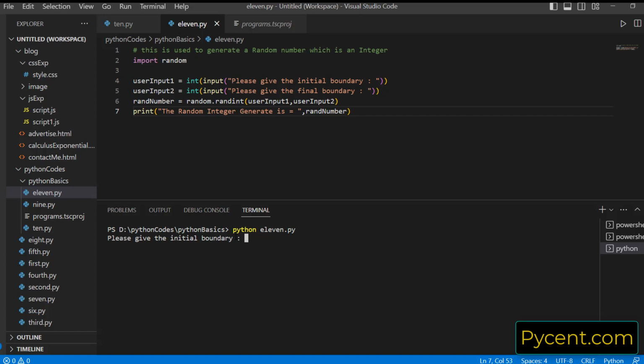I want a random number between 3 and say 33. Now look at the output. The random integer generated, I will say generated, is 10. Now let me run the code one more time. So python 11.py